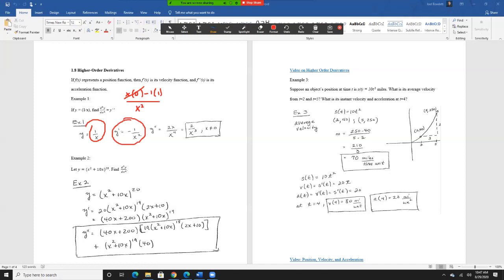So how do we get the second derivative? You get the second derivative by taking the derivative of the first derivative. So let's do that together here. I figured out that the first derivative is negative 1 over x squared. Well, let's take the second derivative. I would have to take the bottom, or the denominator, x squared, and multiply that times the derivative of the numerator, and the derivative of -1 is 0,